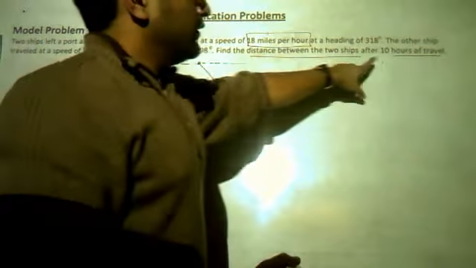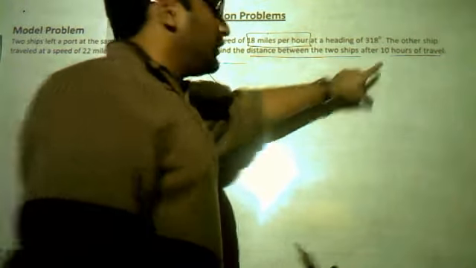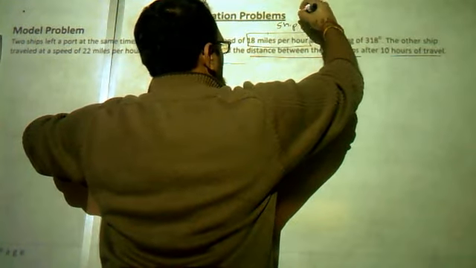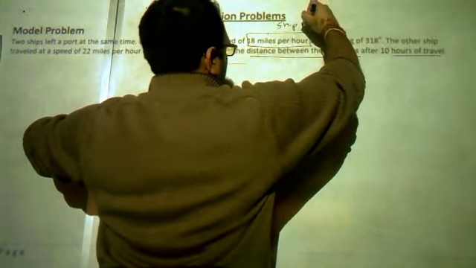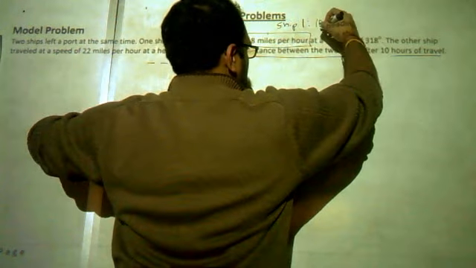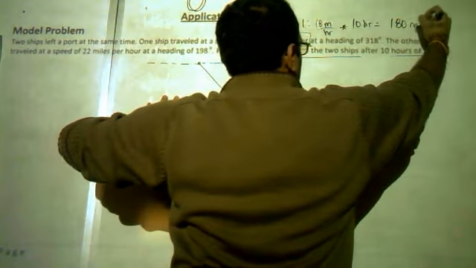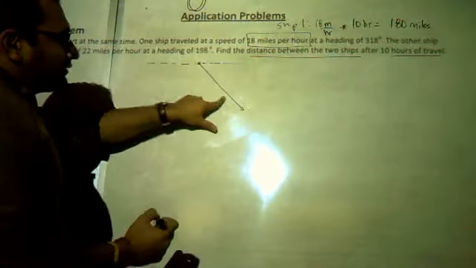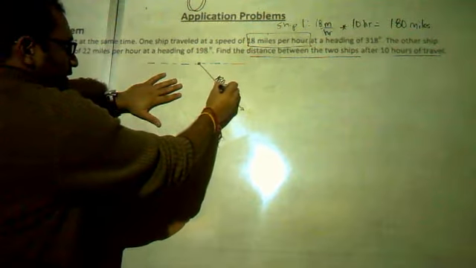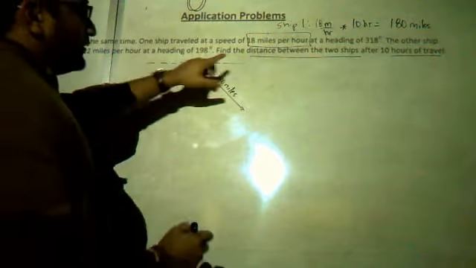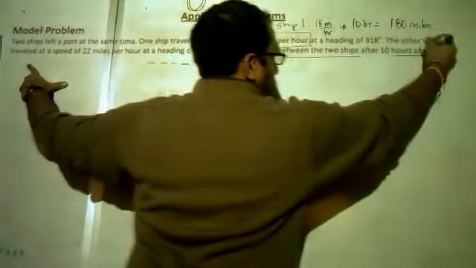Well, we know that it's traveling at a speed of 18 miles per hour. And how long is it going? 10 hours of travel. So this is for ship 1. For ship 1, 18 miles per hour times 10 hours, it traveled 180 miles. So we know that the distance it traveled here is 180 miles. So what else do we know? The other ship, or ship number 2,